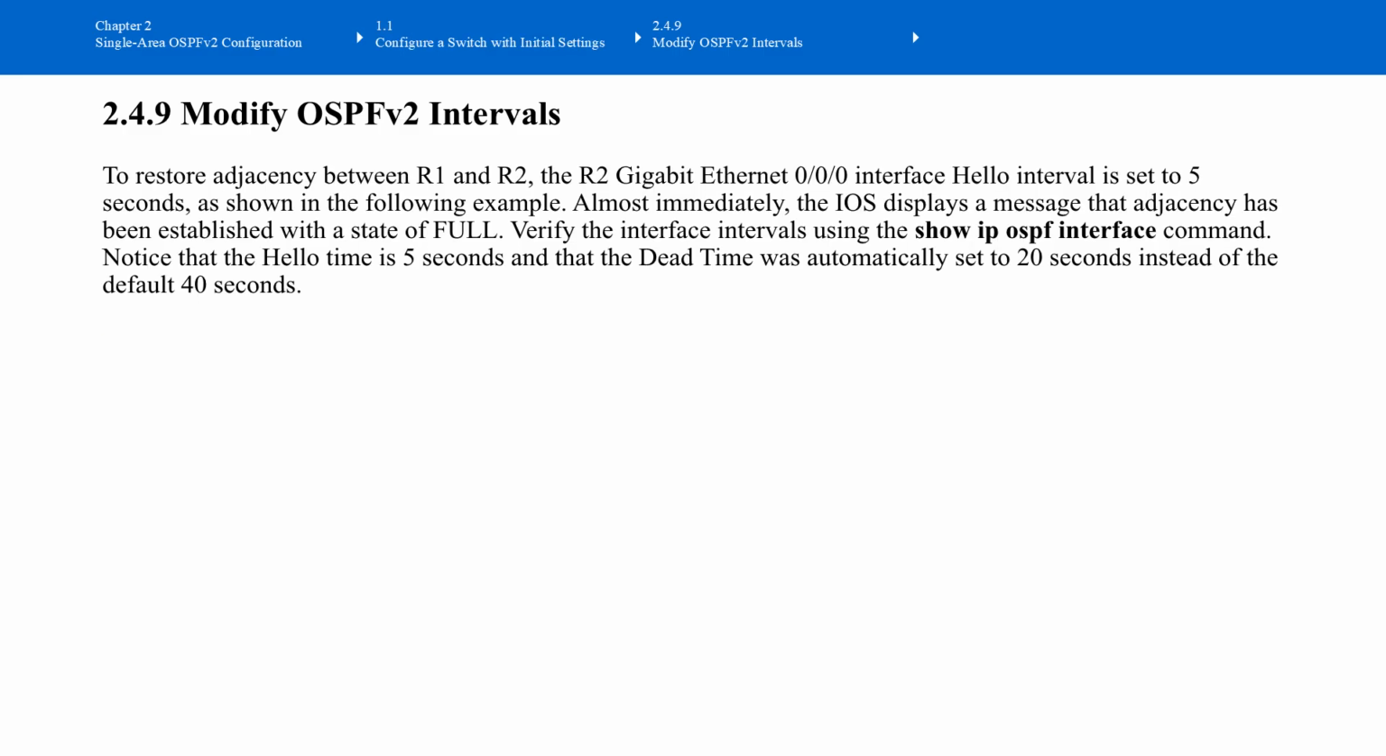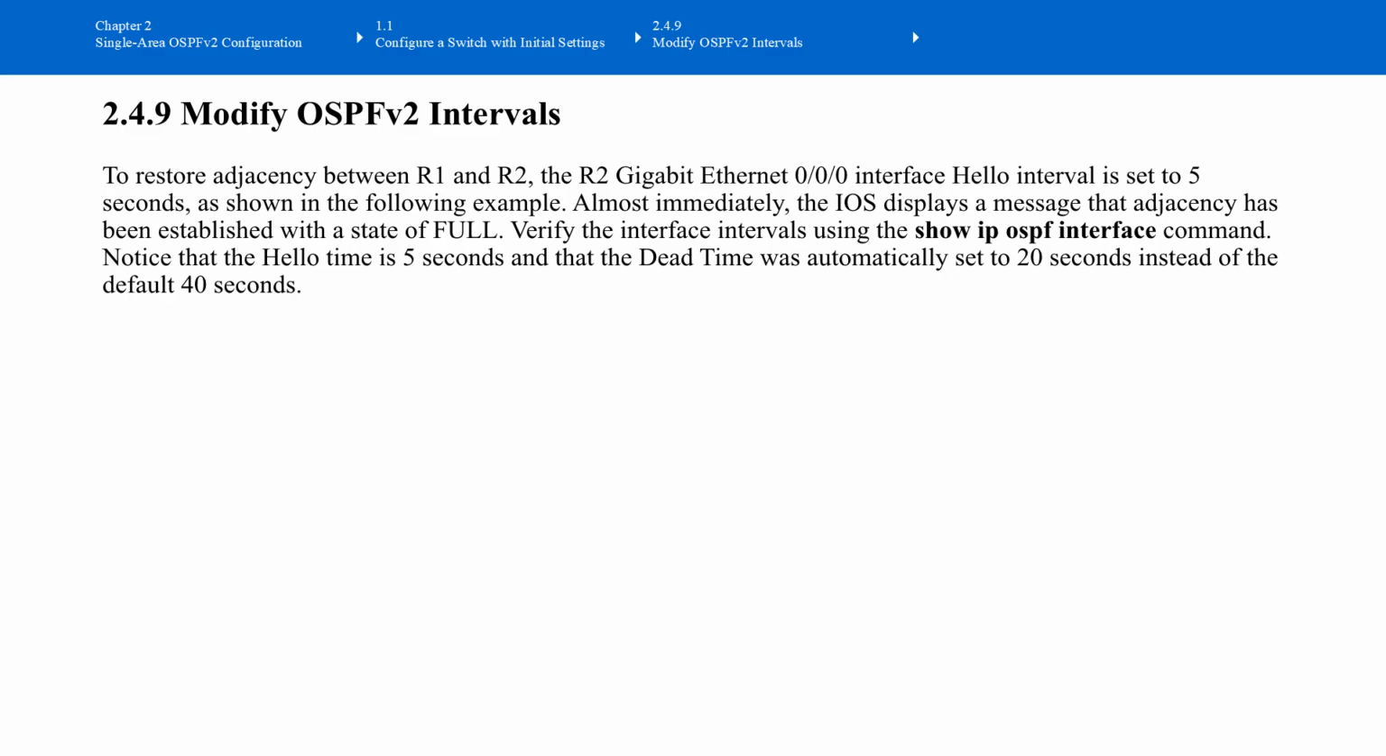To restore the OSPF adjacency, we need to make the timer on R2 match R1. On R2's G0/0/0 interface, change the hello interval to 5 seconds. So the command is interface GigabitEthernet 0/0/0, and in the interface configuration mode, enter ip ospf hello-interval 5. Once the timers match, R1 and R2 can exchange hello packets successfully again, and the OSPF adjacency quickly returns to